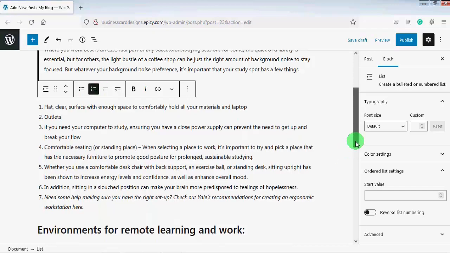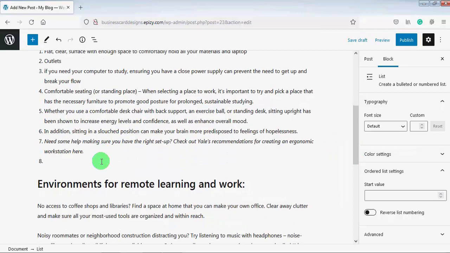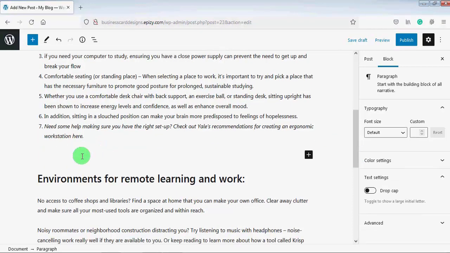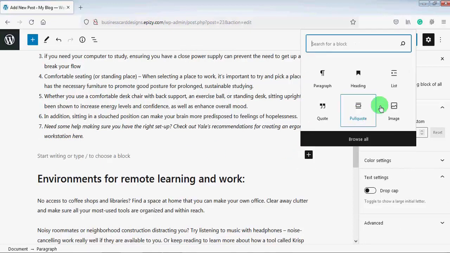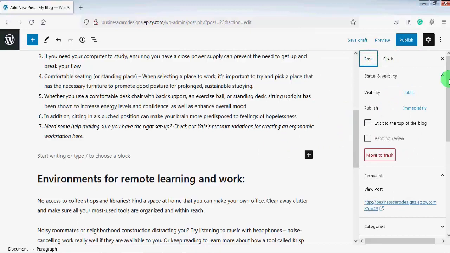Similarly, if you want to add an image, you will click here, then you will press enter. You will press enter again. Now if you want to add an image here, you will click on the plus icon, and then you can click on the image to upload an image. Now the next thing is, if you click here on post, and if we scroll down a little,